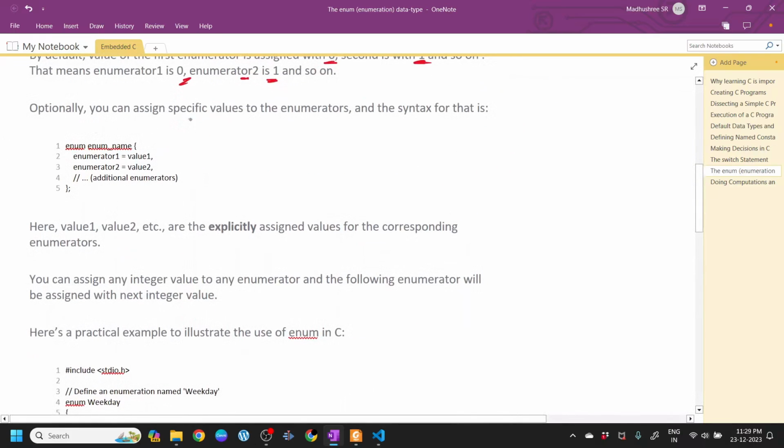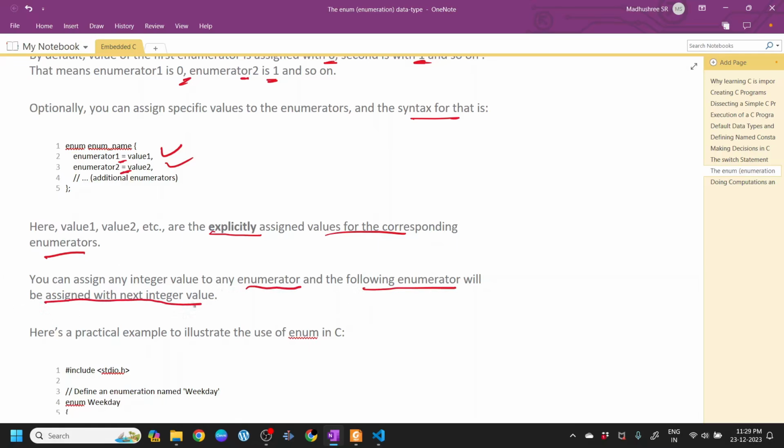Optionally, you can assign a specific value to the enumerators, and the syntax for that, within the definition, is to use enumerator equal to the value that you want to specify. So that is how you can assign a value. Here value 1 and value 2 and so on are explicitly assigned values for the corresponding enumerators. You can assign any integer value to any enumerator, and the following enumerator will be assigned the next integer value. So for example, you have